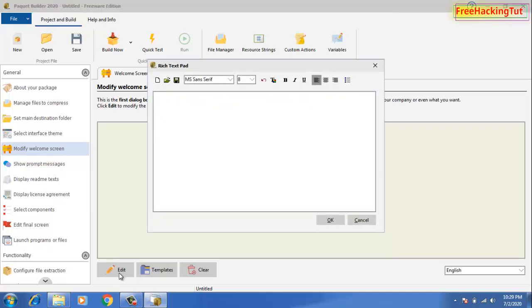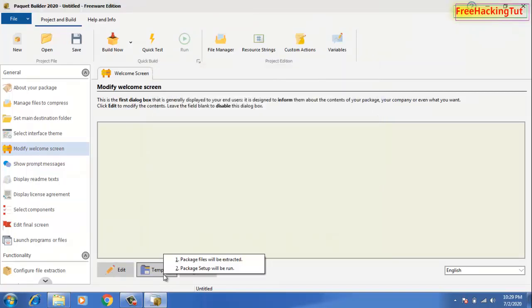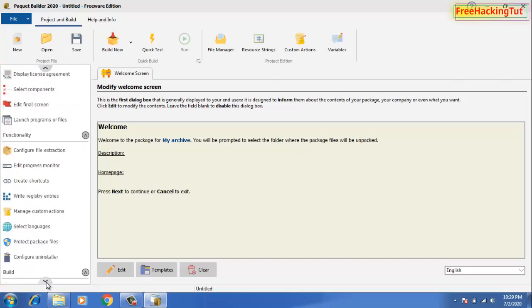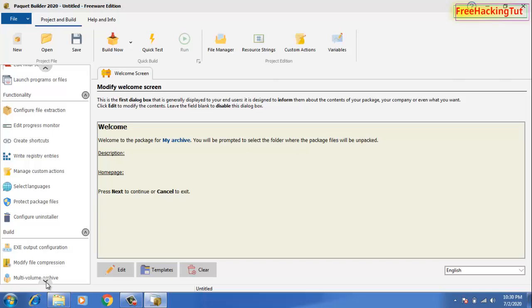To add a welcome screen message, click on edit options, and here you can type your welcome message, or you can select from the template. Now go down again, scroll down your mouse